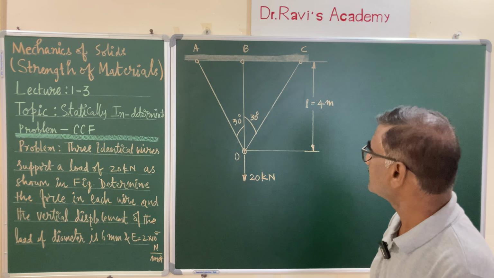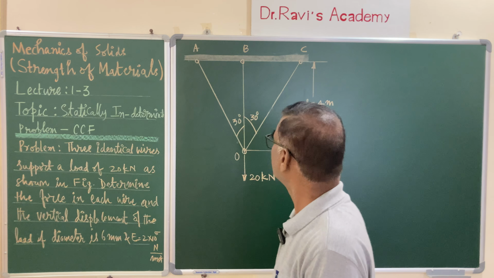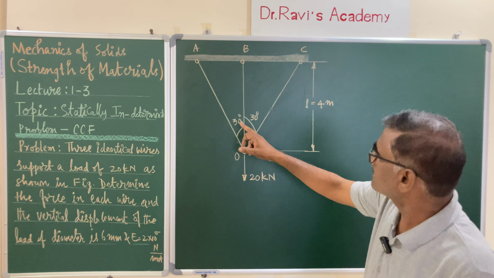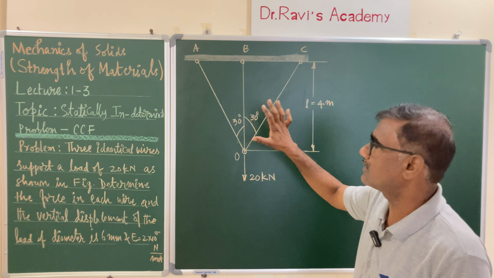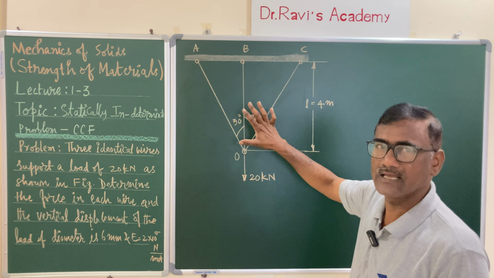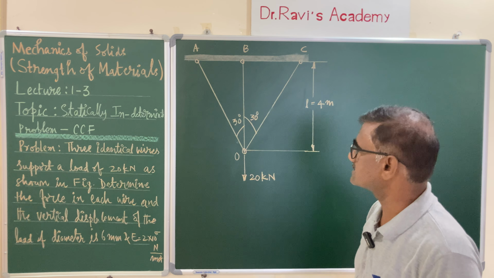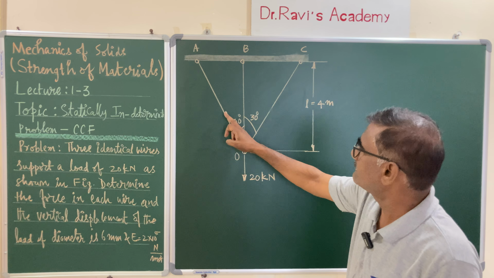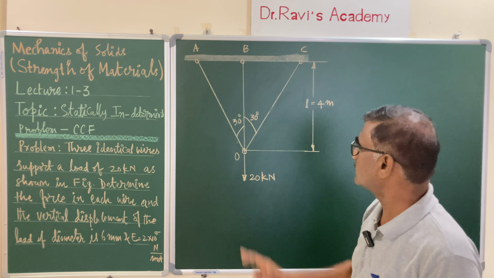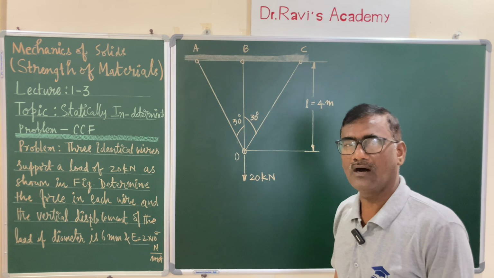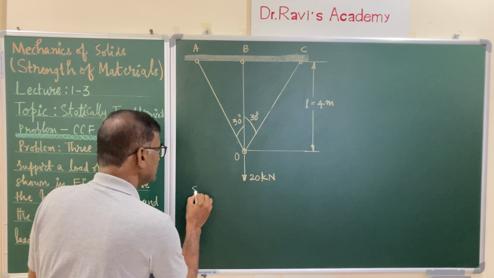So this is purely a statically indeterminate problem. This is a coplanar concurrent force system. All the forces are lying in a single plane and all are meeting at a point. And you have T1, T2, T3, three unknowns. And as you know very well, you have two equations of equilibrium, that is sigma fx is equal to 0 and sigma fy also 0. So you can conclude this particular system is statically